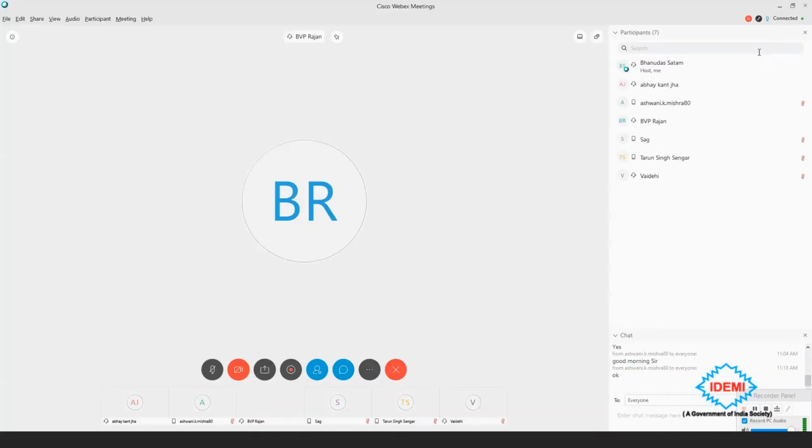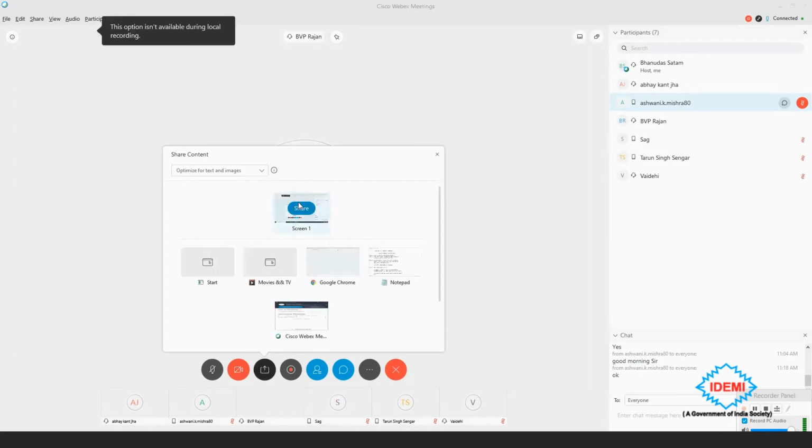So I'm going to show you. Now see, my server is slow because my internet connection is weak, and that is the reason it takes time.